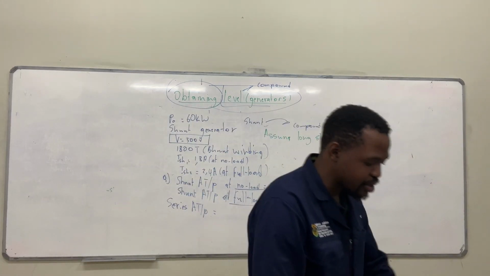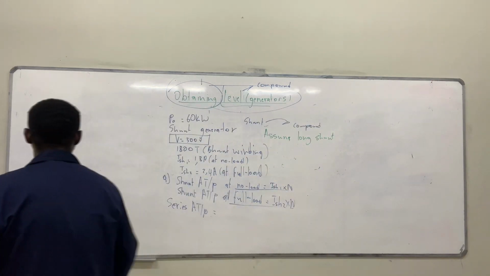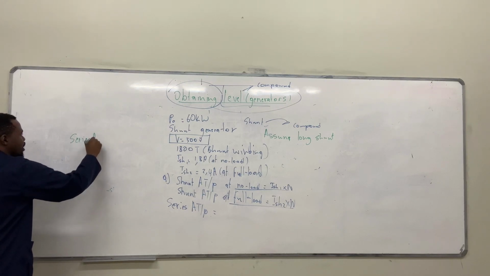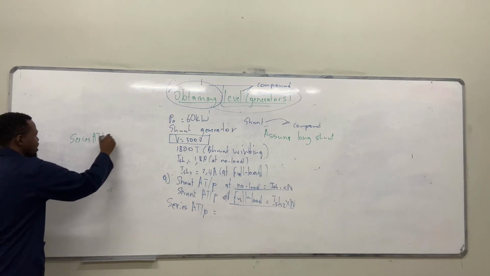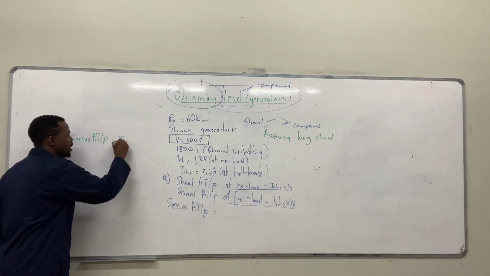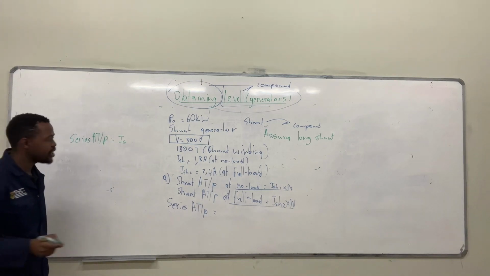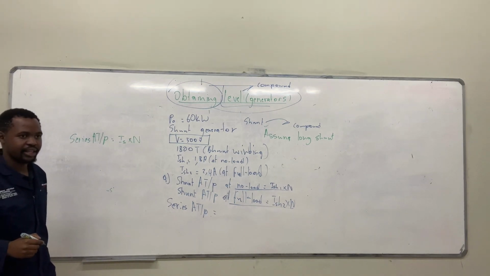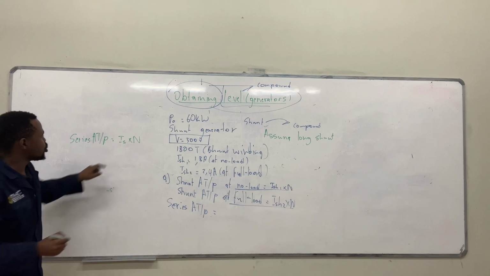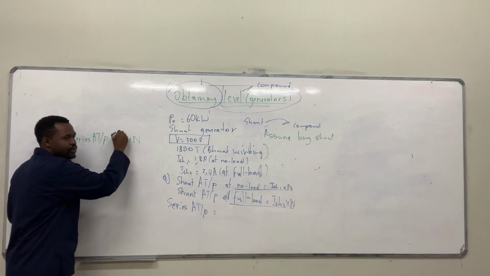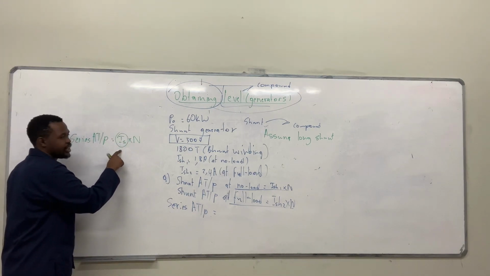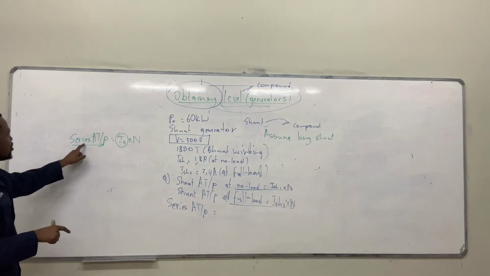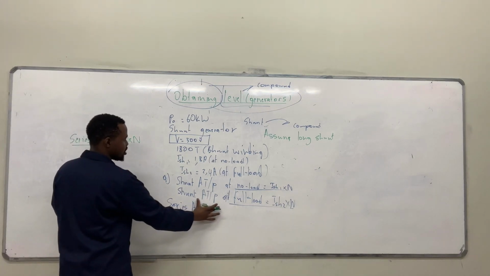A current, because of the number of turns. Because remember, the series ampere turns per pole is basically equal to I series times N. So to find N, the short shunt current, because the series ampere turns per pole is found using the difference between the ampere turns per pole of a shunt at full load